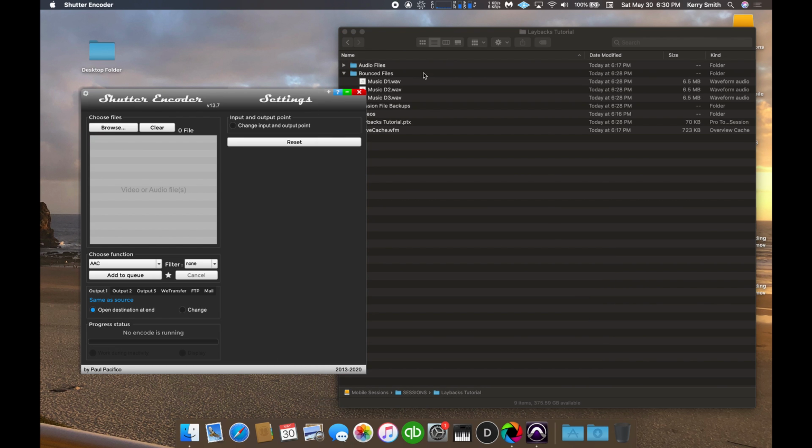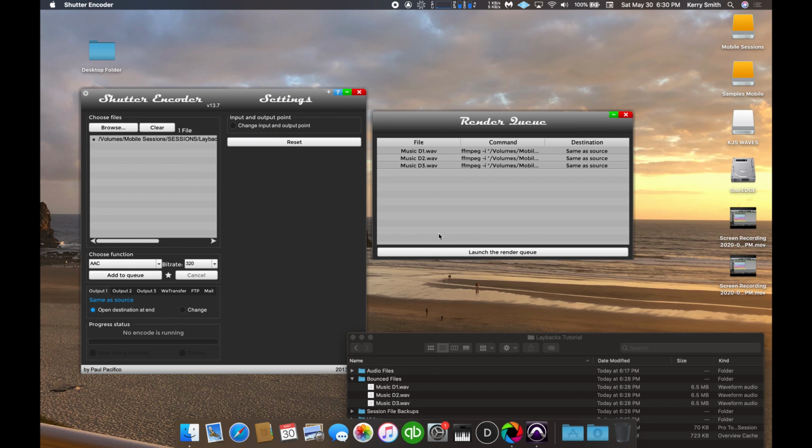Remove that one. Doing this one, add to queue. This is again not a step that you have to take if you can output an AAC file. So I've got my 3 wave files in here. Convert,